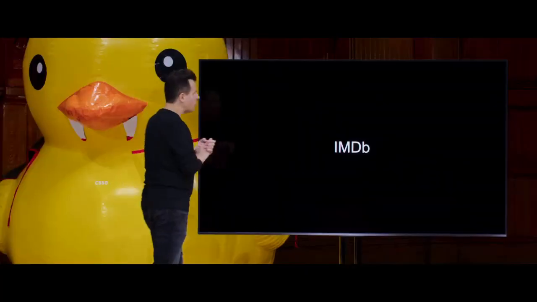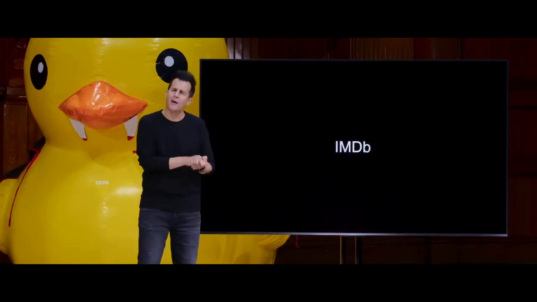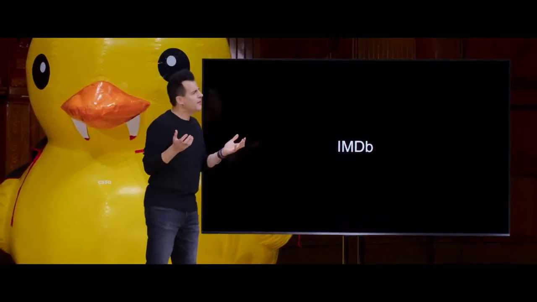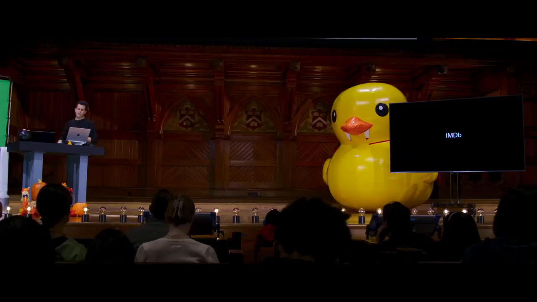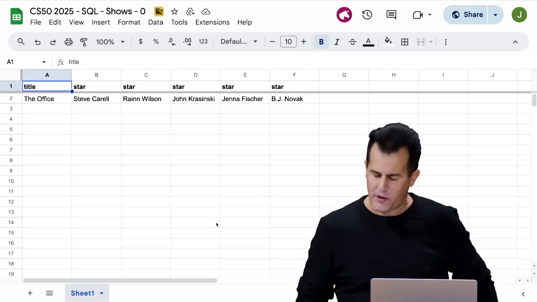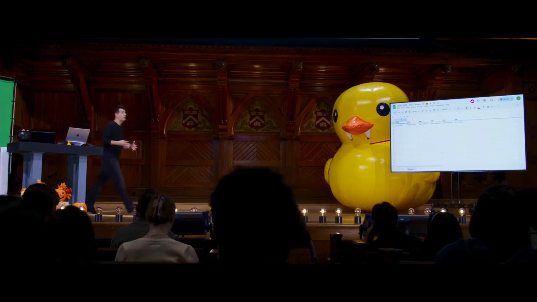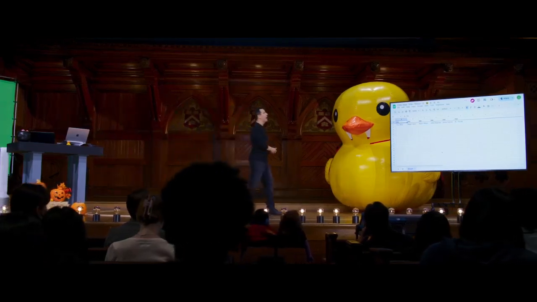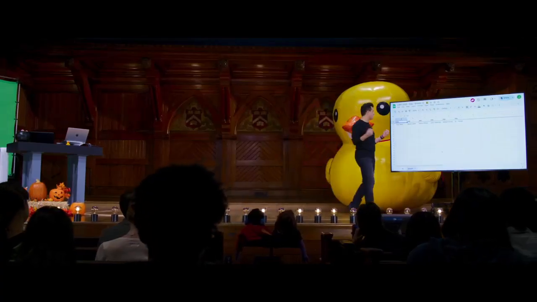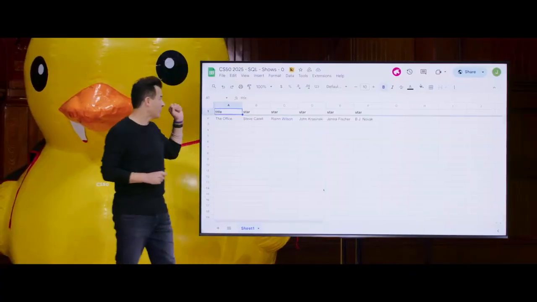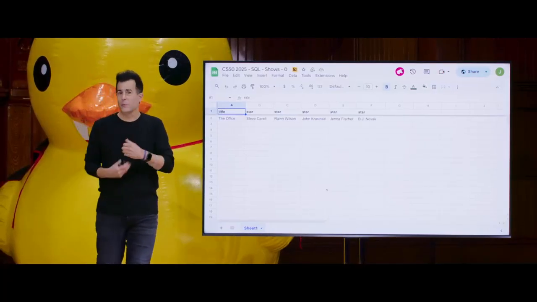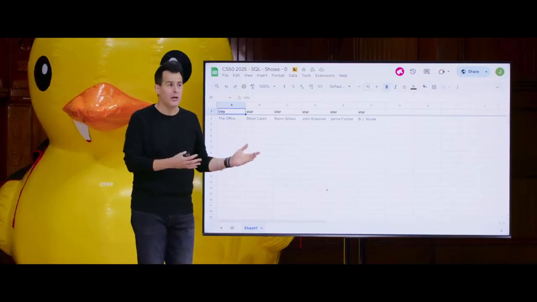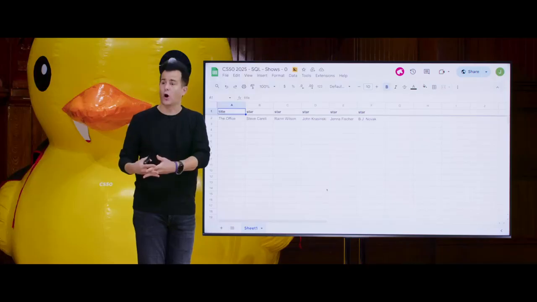However, let's start first with a question about how you could go about modeling data for TV shows themselves. So for instance, in advance, I also created a few different spreadsheets that just allowed me to play with how I might model data, real world data at that. So The Office is a very popular TV show. The US version here starred Steve Carell and others. So if I think about how IMDb, or maybe just even little old me with a spreadsheet